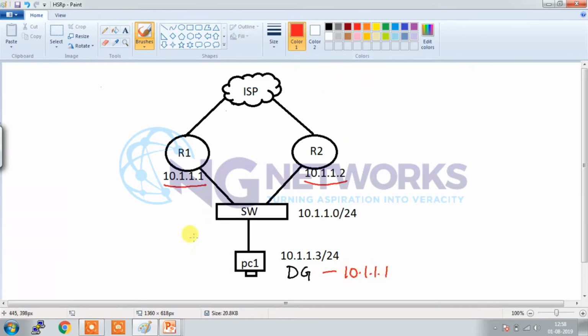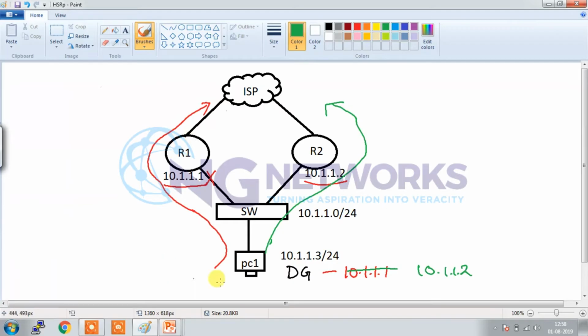Now the user will reach the ISP like this. What if this link goes down or this gateway goes down? Then we have to go to this PC and change the gateway to 10.1.1.2, and then the traffic will go via this path.